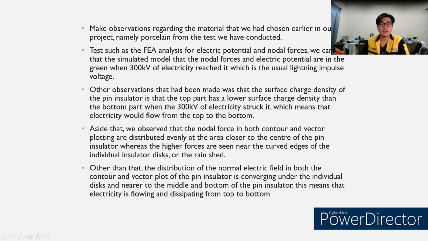So, from the results that we have acquired and the observations regarding the material that we had chosen in our project, which is porcelain, of the tests that we have conducted, tests such as the FEA analysis for electric potential and normal forces, you can see that in the simulated model, the nodal forces and electric potential are in the green when 300 kilovolts of electricity reached it, which is the usual lightning impulse voltage. That means that it can withstand 300 kilovolts of electricity and distribute the energy successfully to avoid failure for